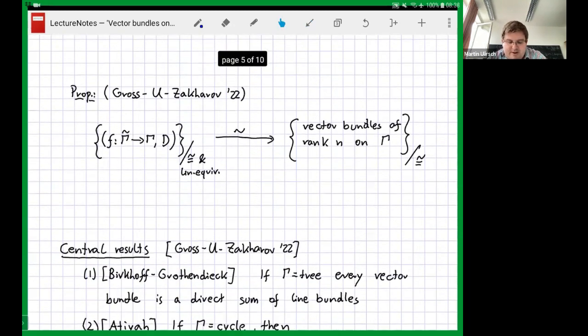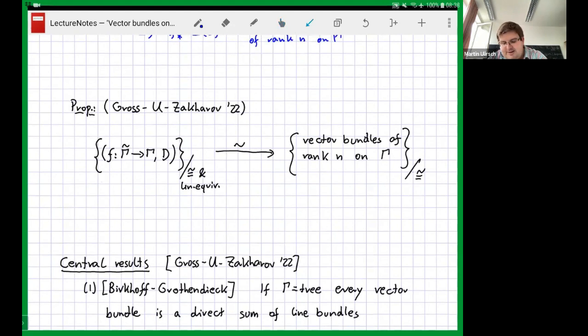The first one is an analog of the classical Birkhoff-Grothendieck theorem, meaning on a projective space, every vector bundle is a direct sum of line bundles. And in our framework, this holds true as well. If gamma is a metric tree, then every vector bundle on gamma is a direct sum of line bundles. It turns out to work simply because covering spaces of a tree are already disconnected. And it is a bit unstable, so we missed